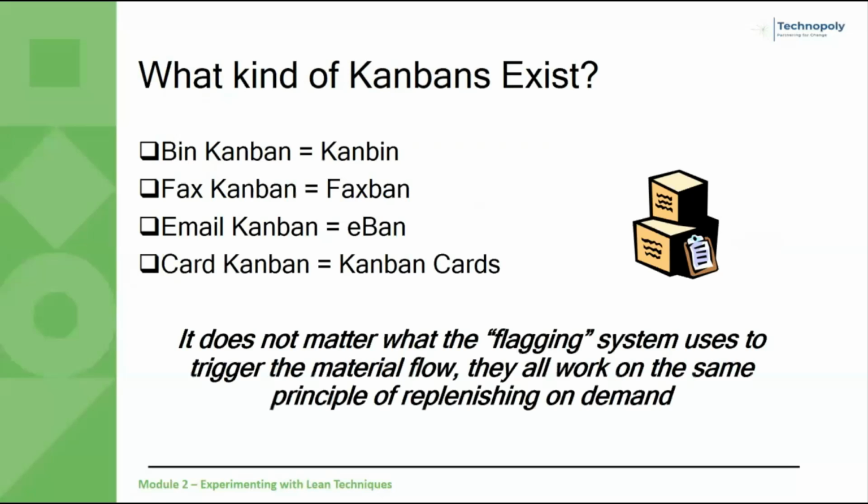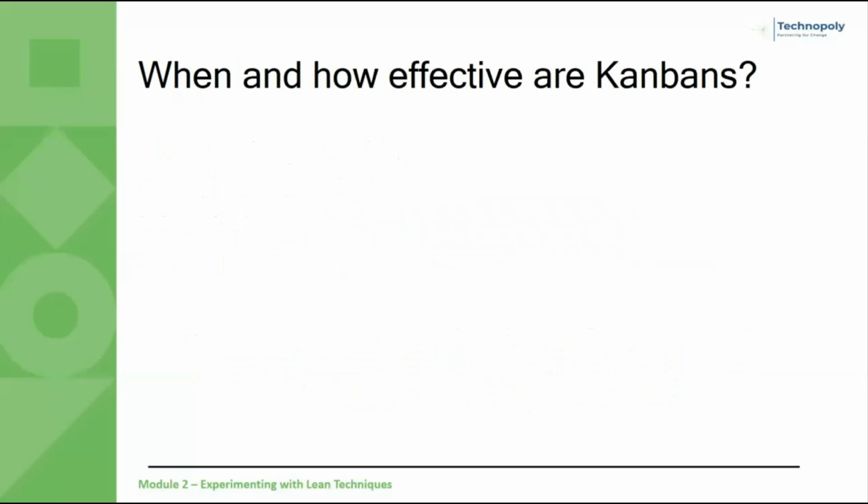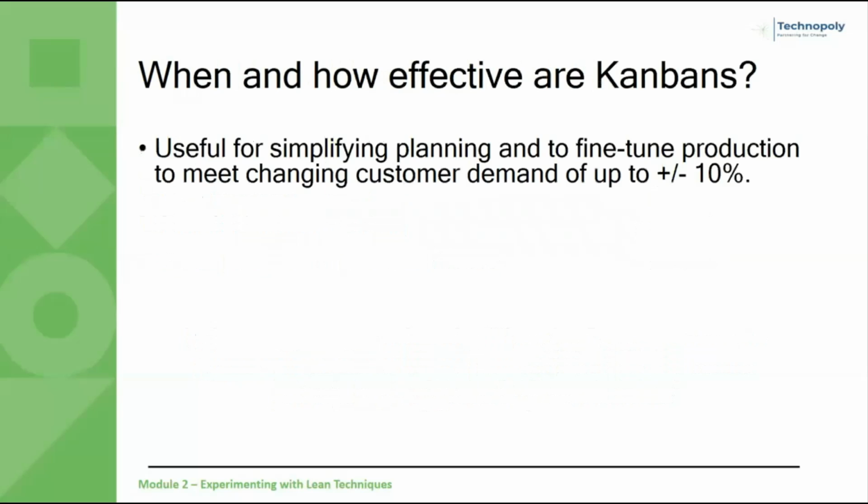The thing is, it does not matter what the flagging system uses to trigger the material flow. They all work on the same principle of replenishing on demand. So what does this mean now? When and how effective is Kanban? It is useful for simplifying planning and to fine-tune production to meet changing customer demand up to plus or minus